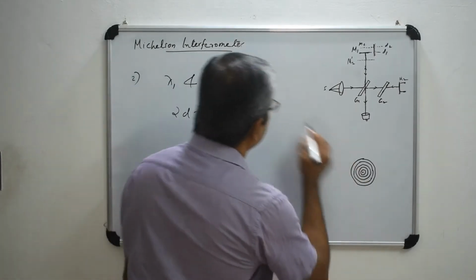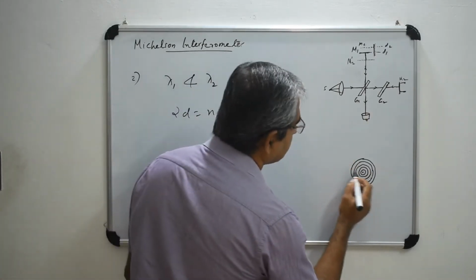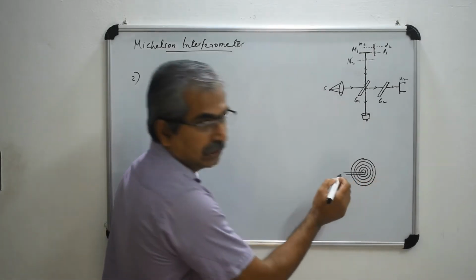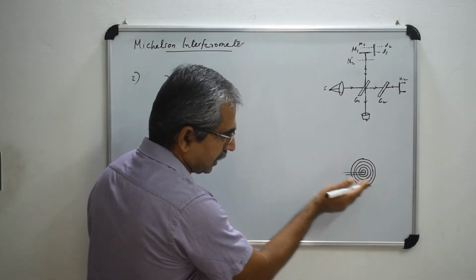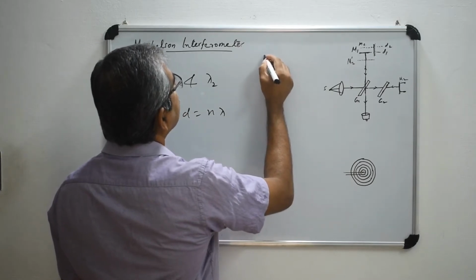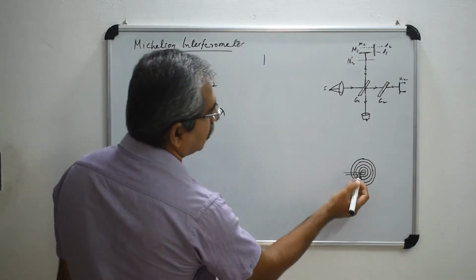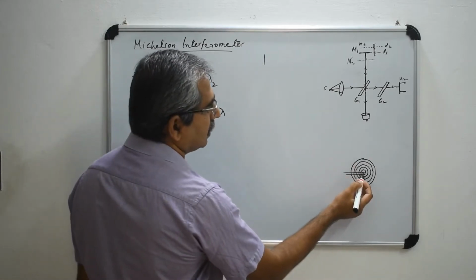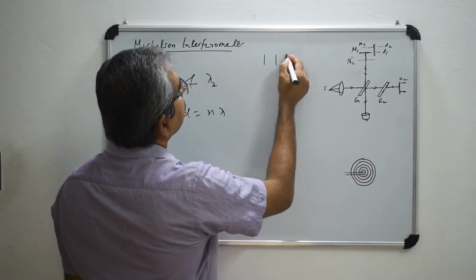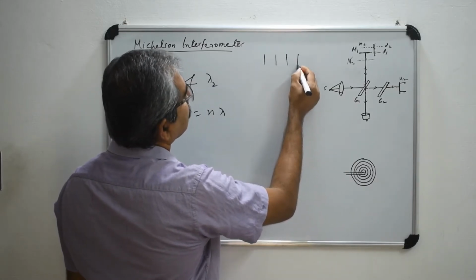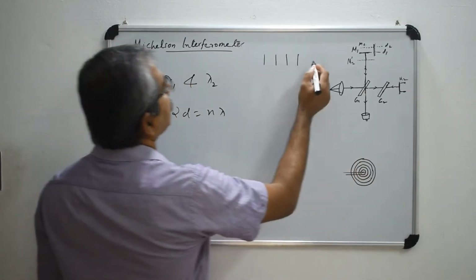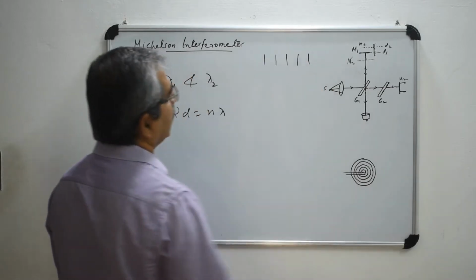Now see, I am drawing it in a linear direction. Suppose you are taking a small cross section like this, a cross section inside this one. So that means you can draw the straight line motion. You are cutting it. Okay, so you can draw it like this. For lambda 1, this is the first one. So the center is there. Then the first line will be here, and the second will be here, and the third will be here, and so on. So it's actually the ring system. I am taking only a small portion. Okay, so this is for lambda 1, like this.